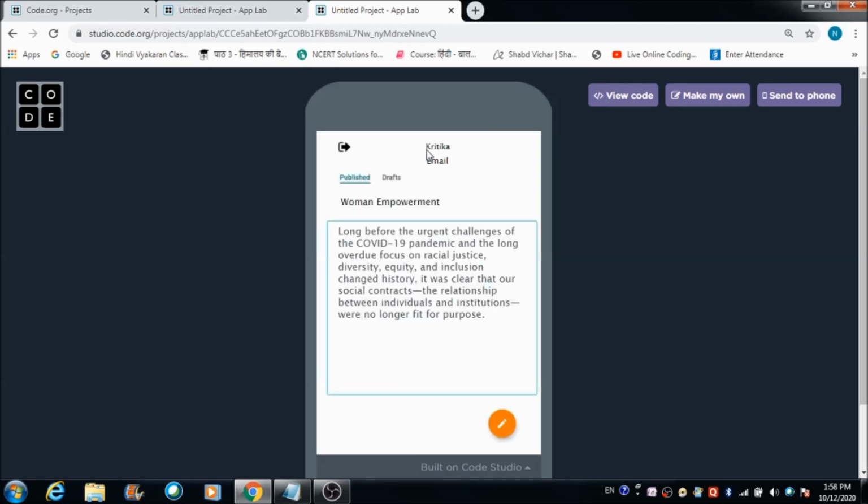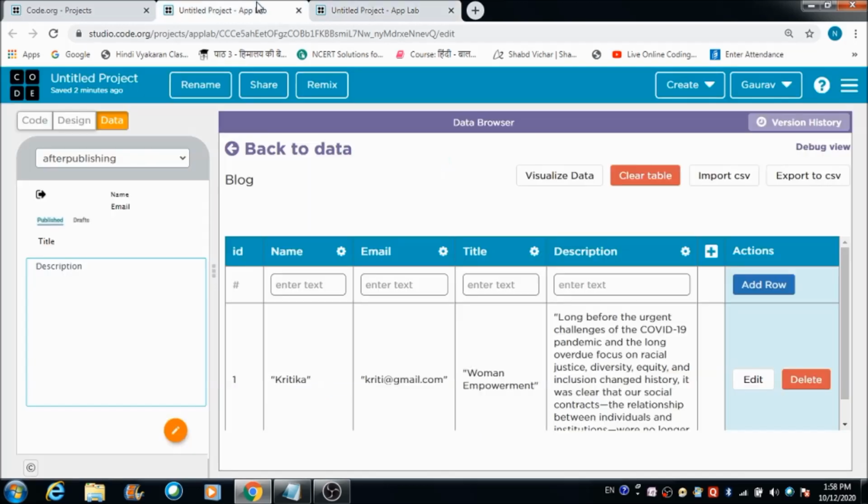So here we have got the name of the person. We are able to fetch the title as well as the description but we are not able to get this email ID. Why? Let us check the code.